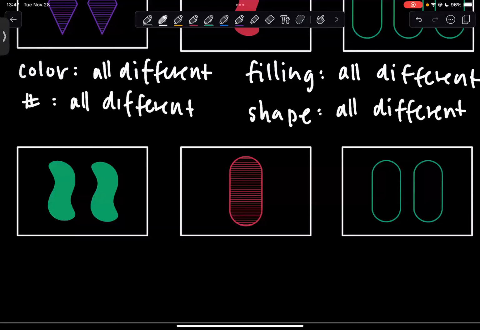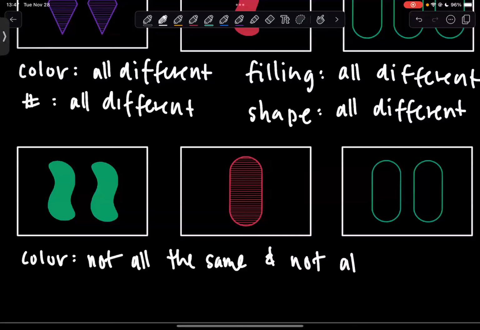So just by the color alone, we can see that it's not a set. Possibly there are other characteristics where it also breaks being a set, but as soon as you see that one of them is not all the same or not all different, you can say it's not a set and you can move on, right? So here we can see in terms of color, they're not all the same, and they're not all different.